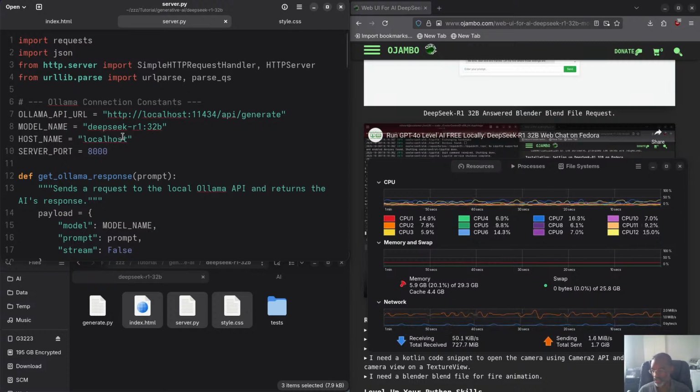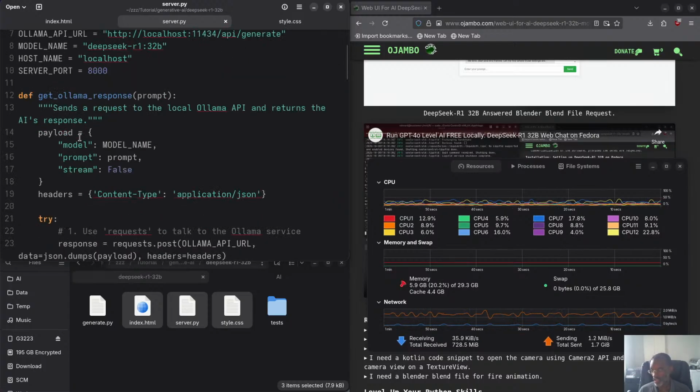The model we're going to use is DeepSeek-R1 32B, and then the name is localhost. The server port is 8000, and you can see we get the response. So the payload is going to be the model name. That's the simple one. So this makes it that if we have a different model in the future, which I